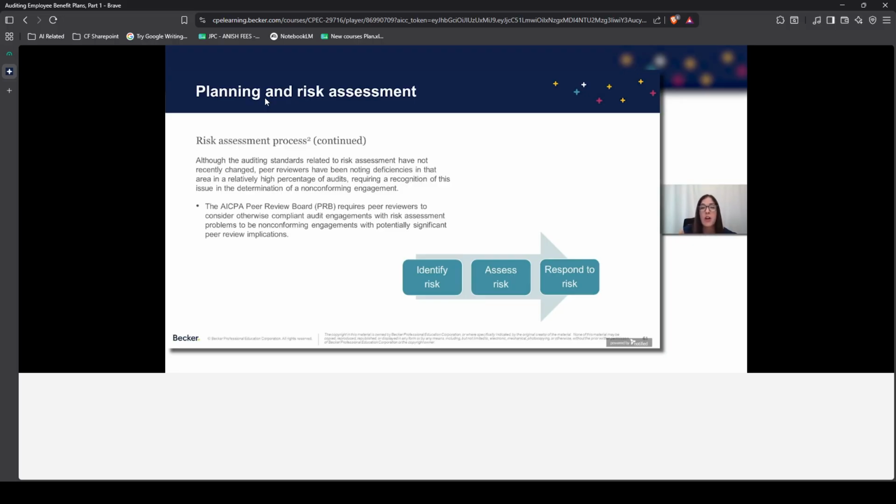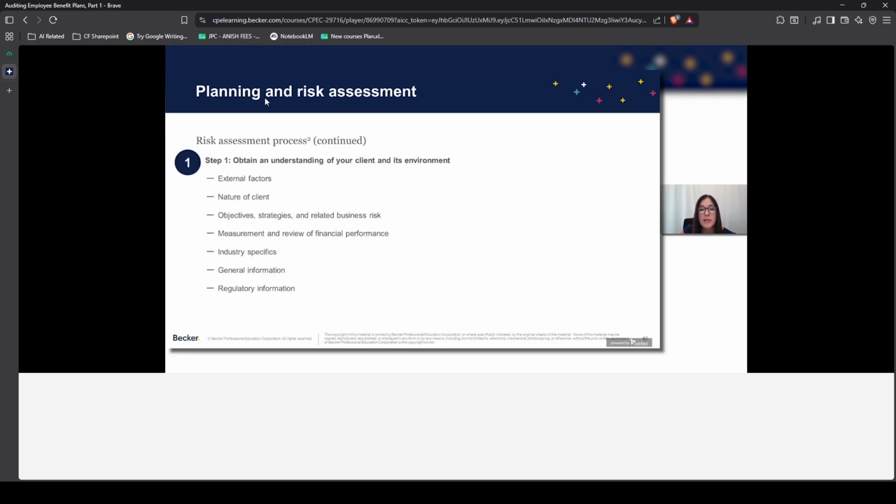So here are your 3 steps. Step 1, you identify the risk. Step 2, you assess the risk. And step 3, you respond to that risk. And you have to show that you have completed each one of these steps. So step 1,